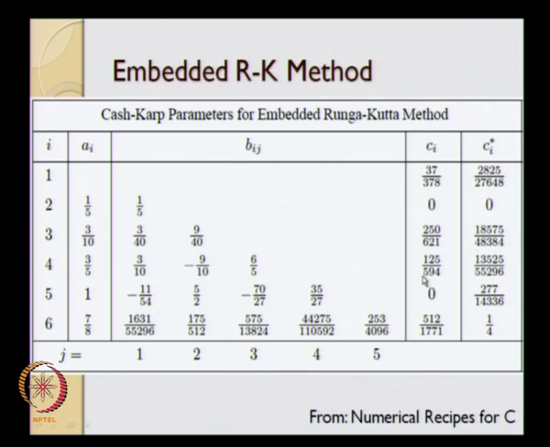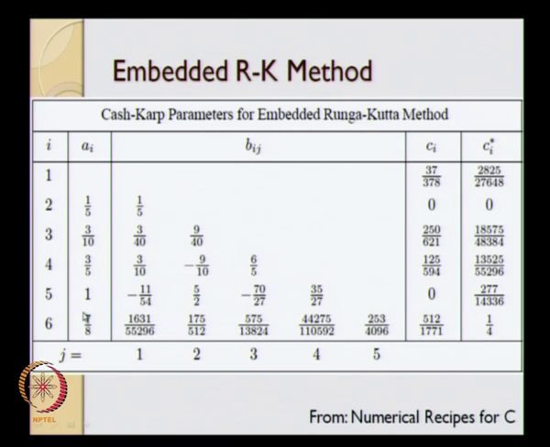The accuracy of this method will be h to the power 6, with C_i star the accuracy of this method is going to be equal to h to the power 5. The difference between the two, that delta, is going to be governed by the leading error term in the two equations, and the leading error term is going to be h to the power 5. So what we do is essentially we calculate the slope at f_i, the slope at i plus 1 by 5, i plus 3 by 10, i plus 3 by 5, i plus 1